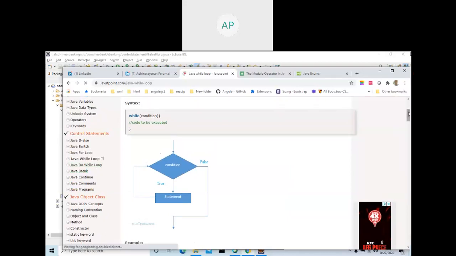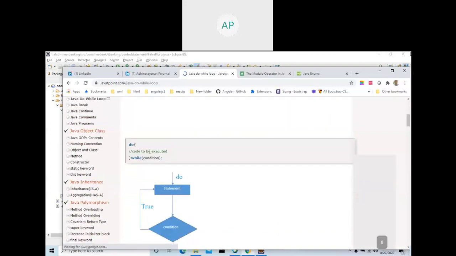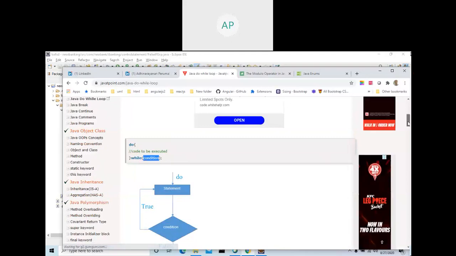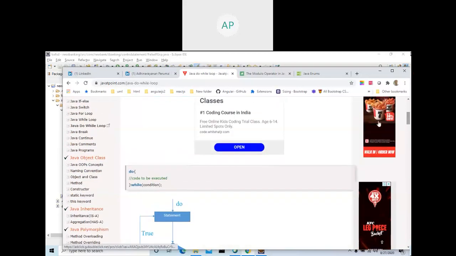The same thing. The do statement will execute once, and the while statement will execute as long as the condition is true. That is do while. Do one time the code will be executed, then the condition is checked, and it will keep on going until the condition becomes false. So this will run at least one time. Do starts here and while ends here. If you see the syntax, you will understand. Cut and paste it in your Java program. Create one program, cut and paste this method, and run. Also see what break and continue are.